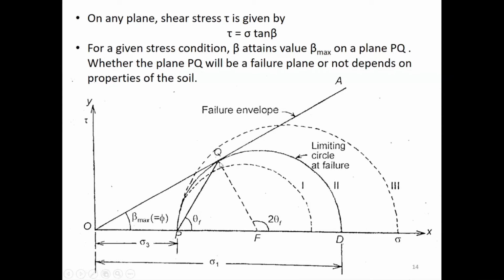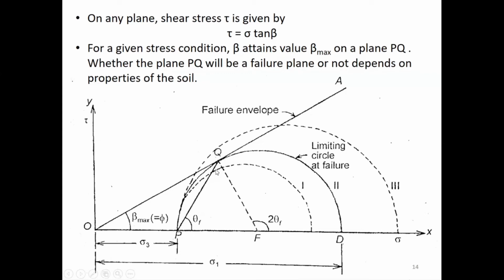Now this system of stresses at Q, I know my sigma and tau at point Q if I find out my coordinates of point Q. Correct? If I find out this sigma and this tau, I will find out my Q. Correct? And how will I find out this sigma and tau? I can find it directly from this graph, or I can find out this distance, and this distance, and this relationship will be this one. Tau is equal to sigma tan beta max here, isn't it? That will be the relation. Correct? So for a given stress condition, this beta will attain beta max on this particular tangent,